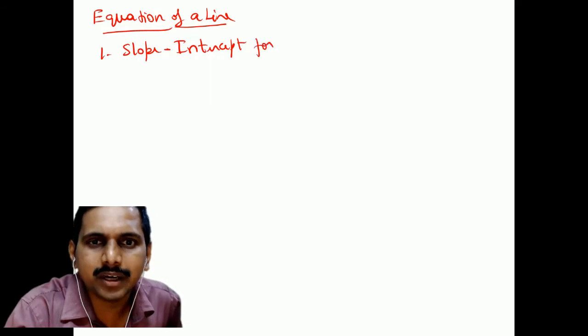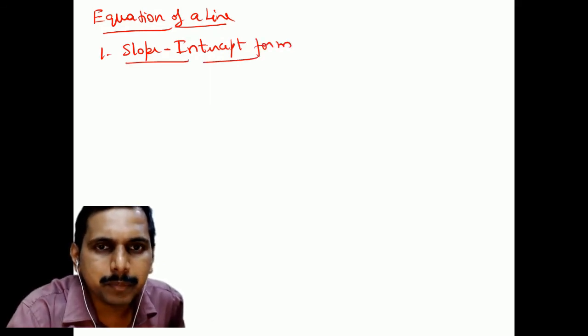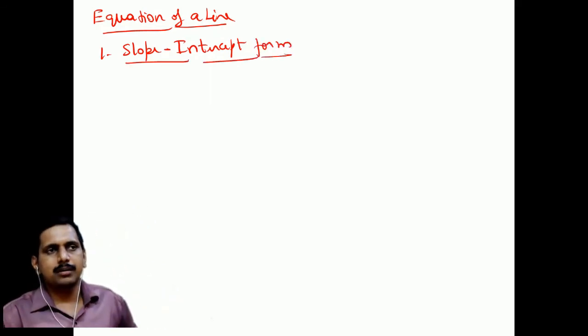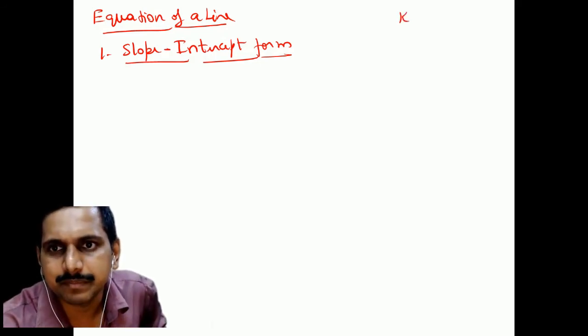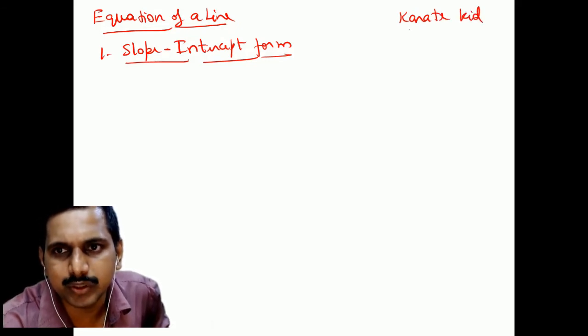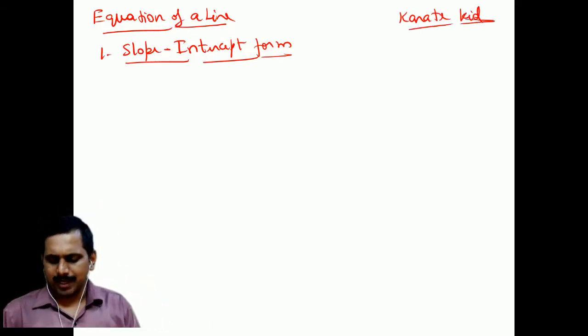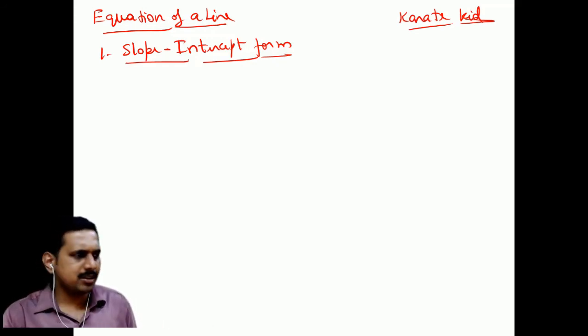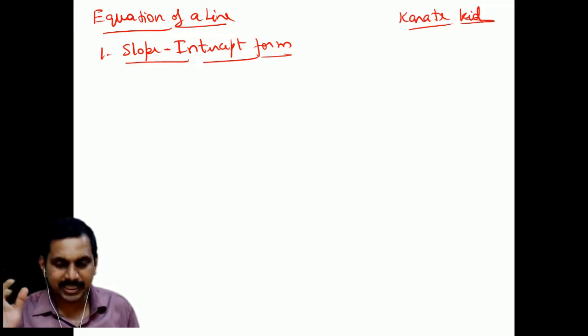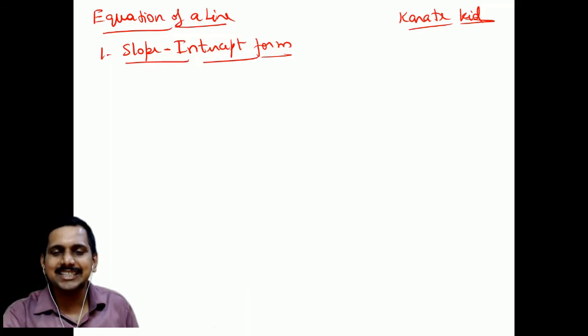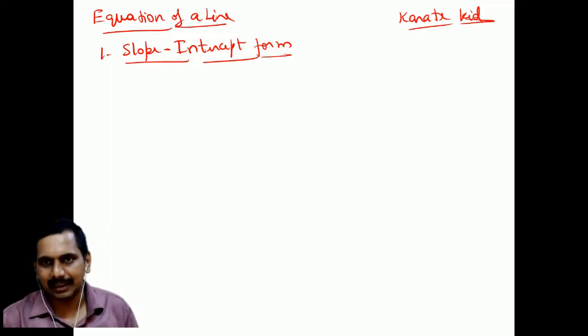See, there is one particular movie, Karate Kid. You might see that sometimes. This is a Hollywood movie, Karate Kid. In that, the person is teaching him karate. I think the person is, who is that Chinese actor? Jackie Chan, yes. Jackie Chan is teaching a kid how to do karate.